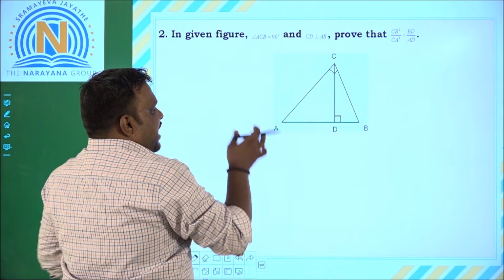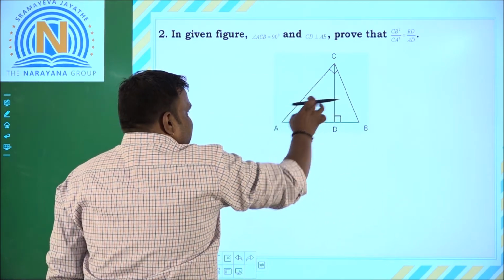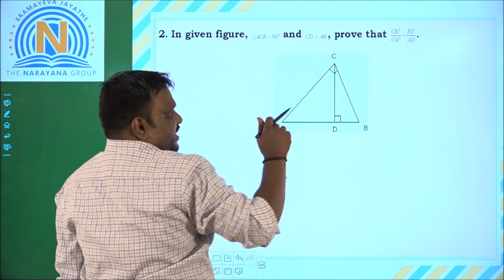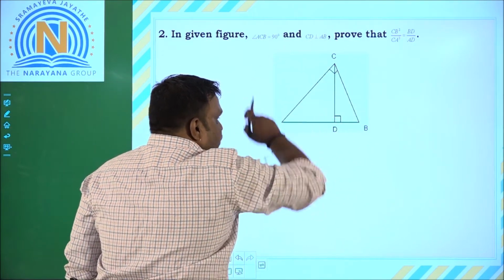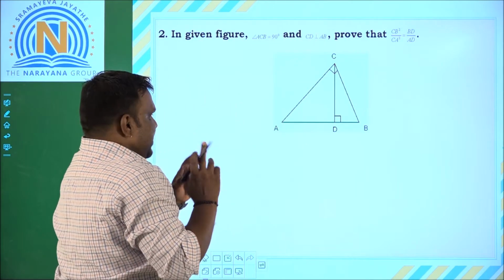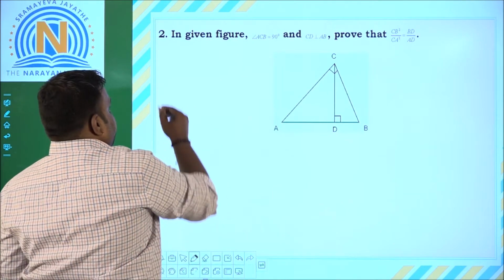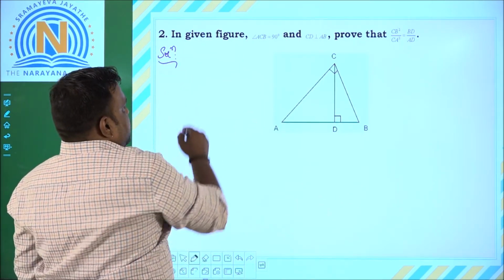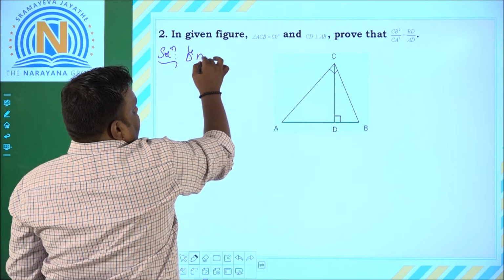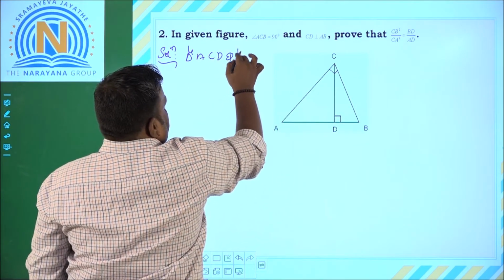Now what I will do is, I will prove them similar. That first part, that is ACD, will be similar to the ABC triangle, the complete part. I will get one equation, and BCD triangle I will prove similar to ABC, the complete part, that is second equation. Now dividing 2 by 1, we will get the solution. So let us start with this. Now compare the triangles.